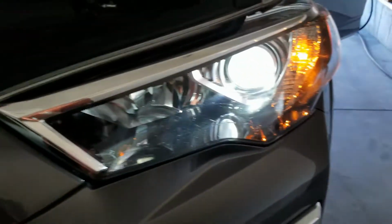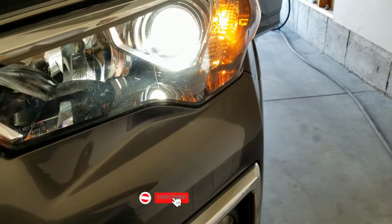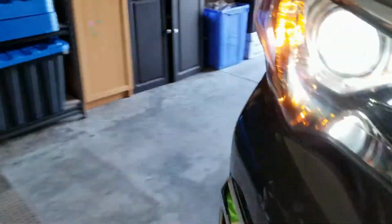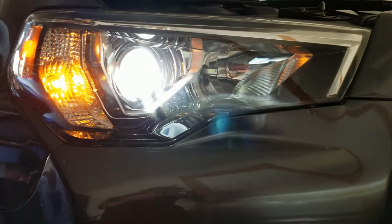Here I'm going down to the fog lights. First you need to pull the front plastic on the wheel wells. There is plastic on the wheel wells, right? Just pull that out a little bit, then you can install the fog lights. Fog lights are pretty easy as well. All you need to do is just